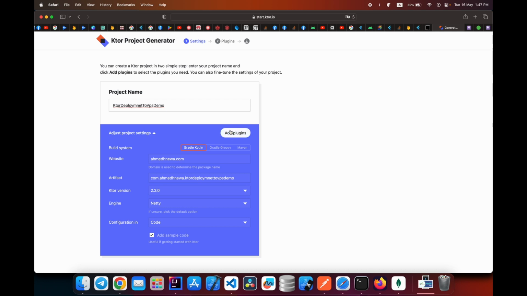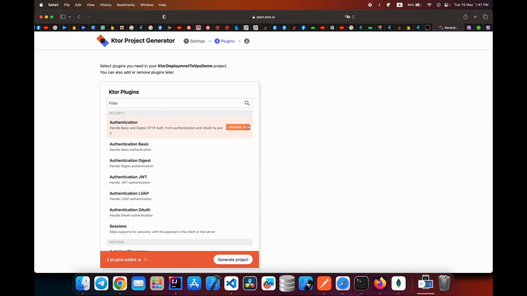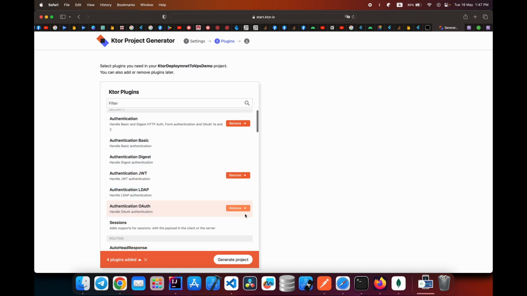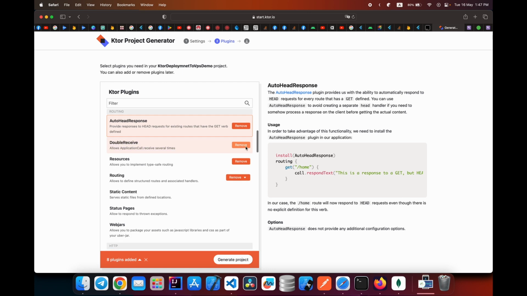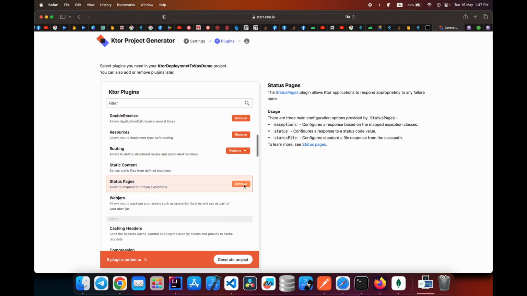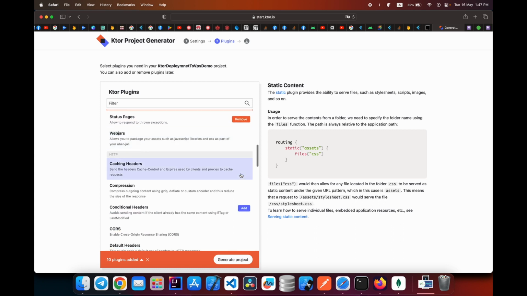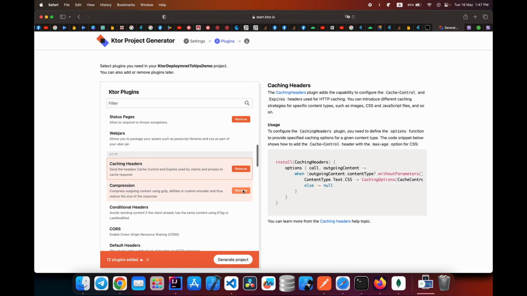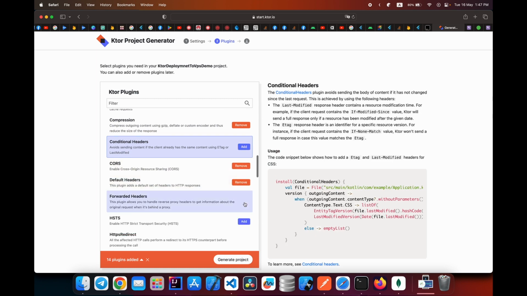Okay, click on Add Plugins. I will add some plugins, like authentication JWT, authentication auth. We are not going to use any of these plugins, so I'm going to use the resources and double receive, status page. These are actually quite helpful plugins. Cache headers, compression, CORS, default headers,